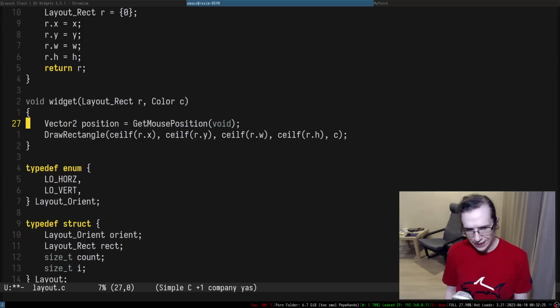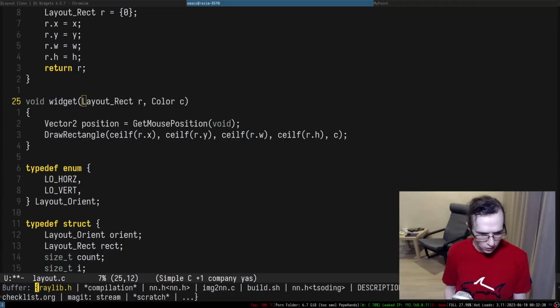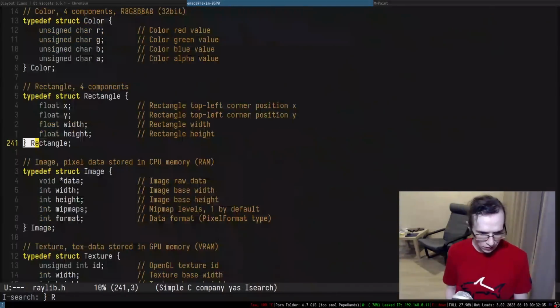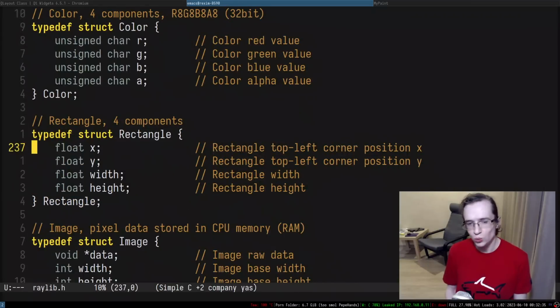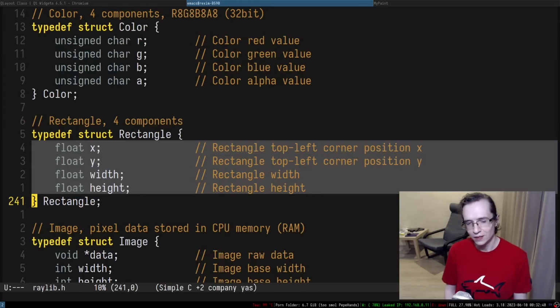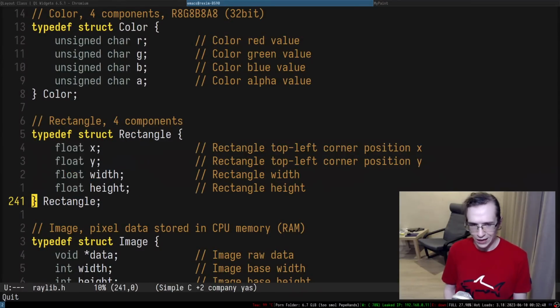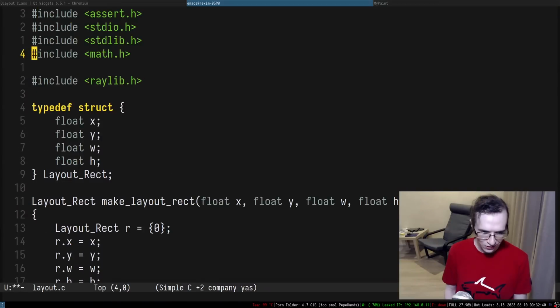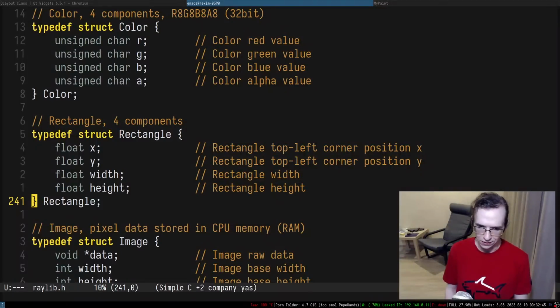It would be cool if we had a function that takes the position and checks whether it's within the rectangle. And as far as I know, raylib has its own rectangle structure, which is similar to our rectangle, right? Our definition of the rectangle is this thing. So we created our own rectangle, and here is raylib's rectangle.